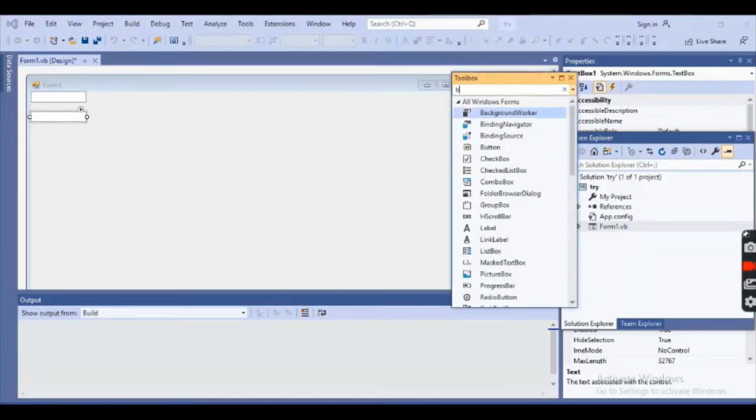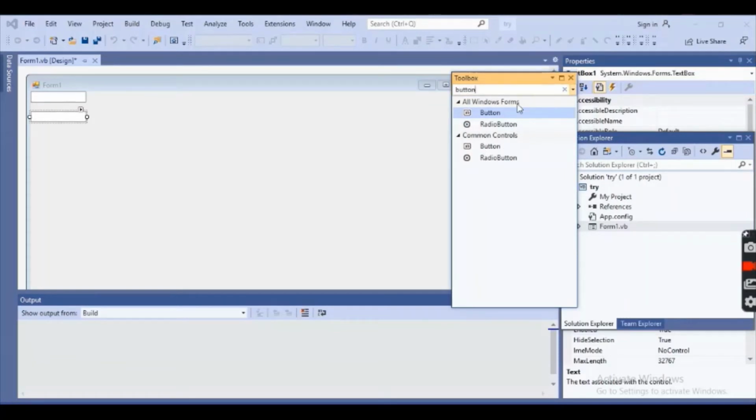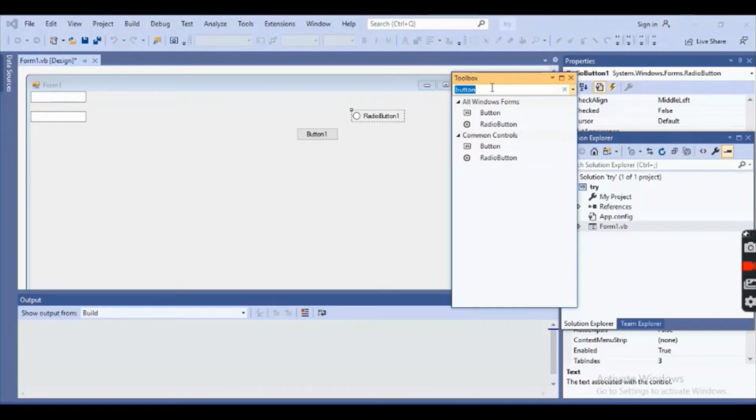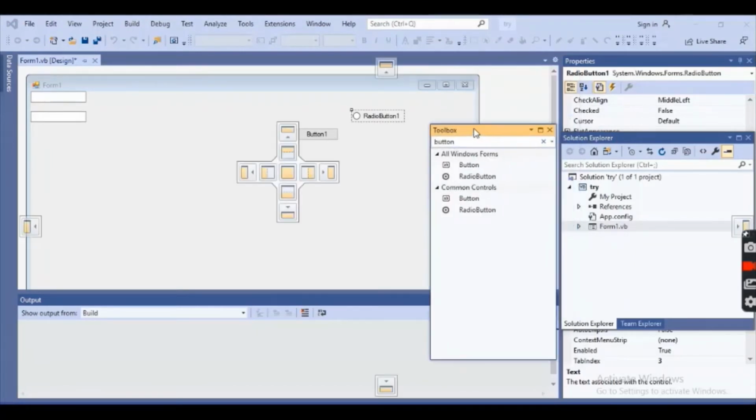Then I can make a button. This is a button, and this is a radio button. I want to create a simple button right here, and a radio button right here, and so on. In this way you can add so many controls that you want in your program.